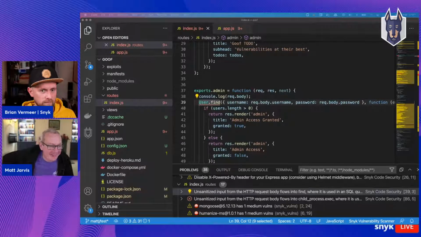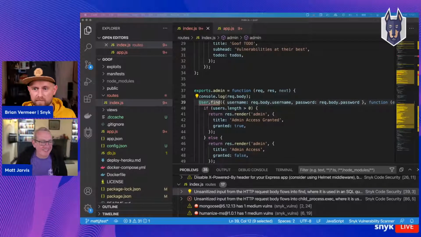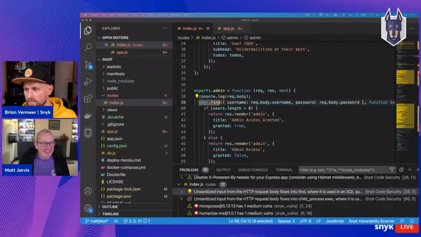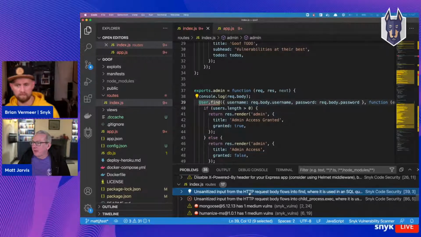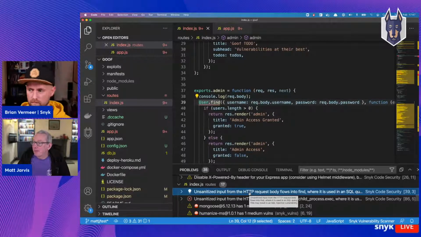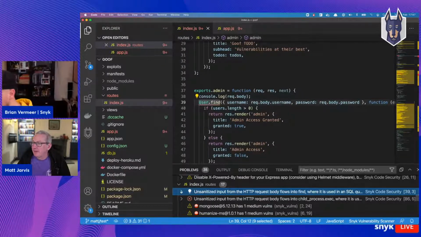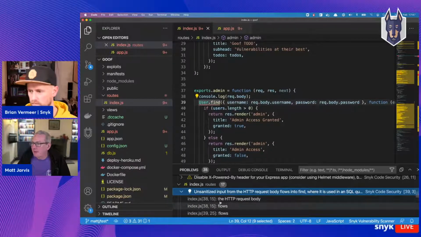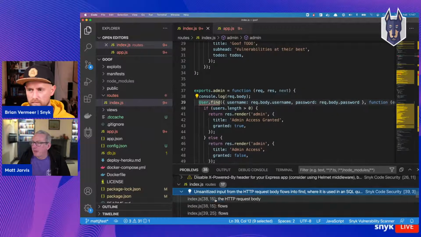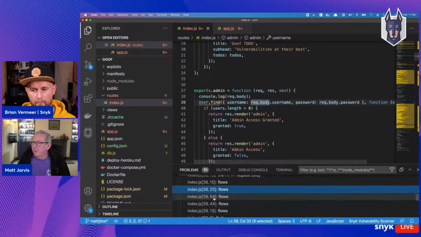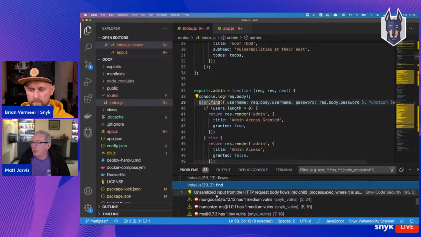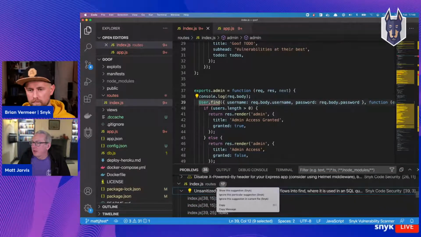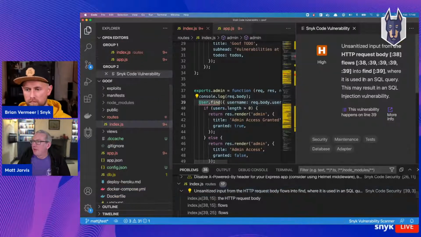This is a good moment to say that all this IDE integration is also available in VS Code, which is the thing you're now seeing on the screen. So again, we've got a very similar thing. We're looking at an unsanitized input problem into an SQL query here. My text is slightly big here, so this looks a bit of a mess, but we can step through the flow to where that text is being used. And then if we right click on this,